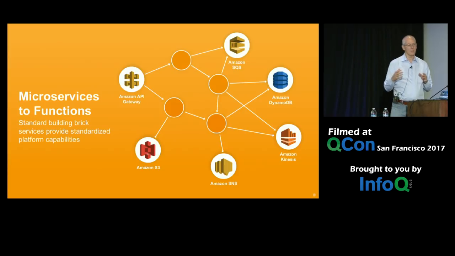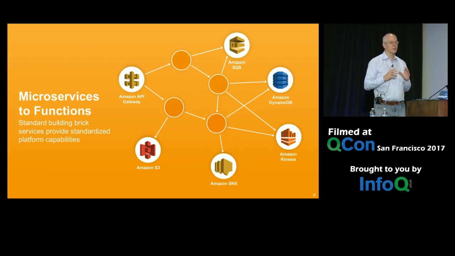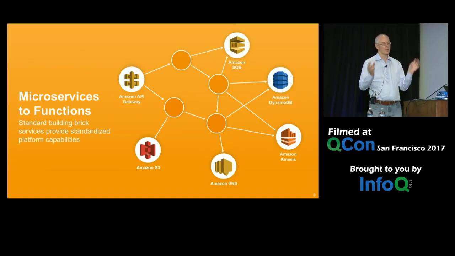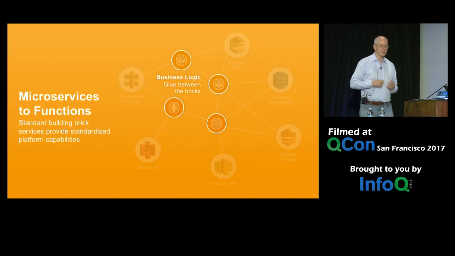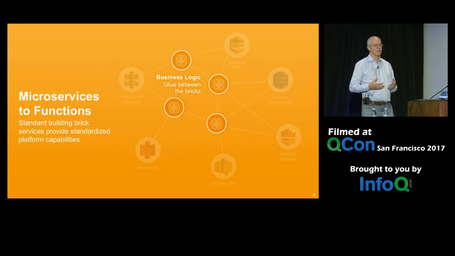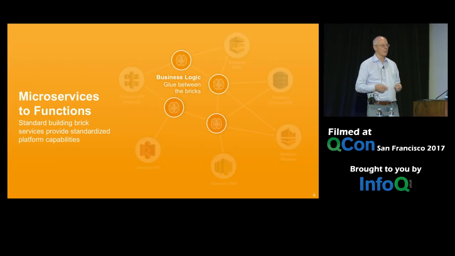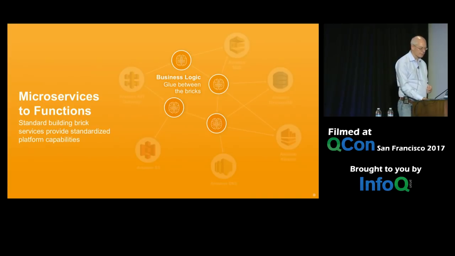So you end up building a fairly large chunk of your application that used to be embedded in this monolith and then got broken out has now become whittled away. So what's left in the middle is the business logic, which is the thing that you were actually trying to build in the first place. So there's less work because there's less stuff to write, but you've got more dependencies around the edge, okay?